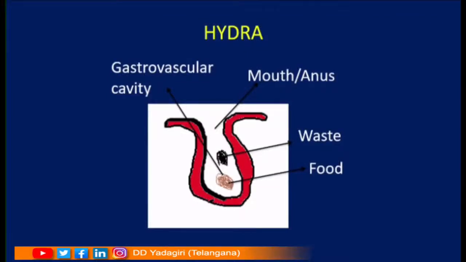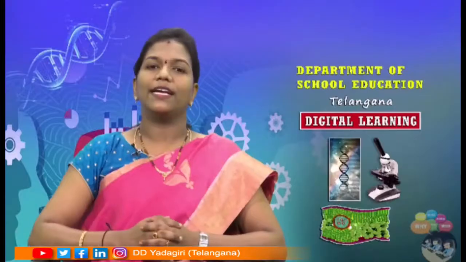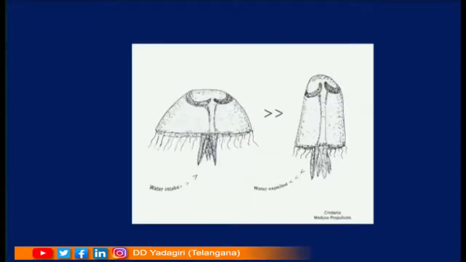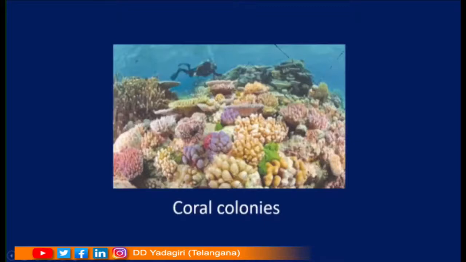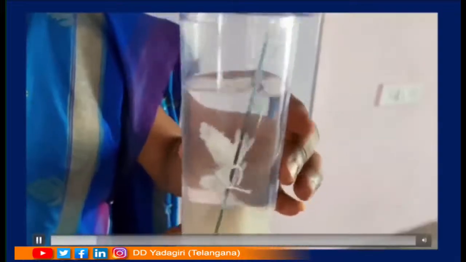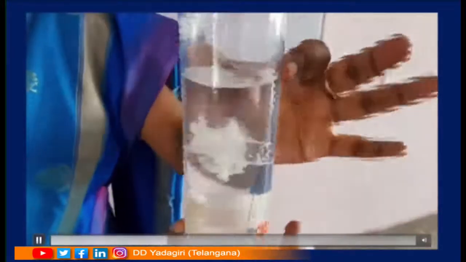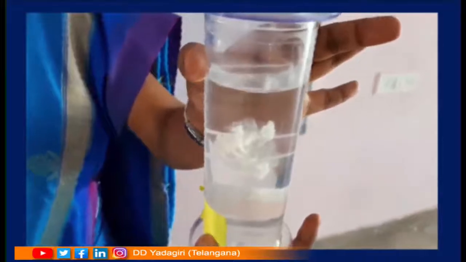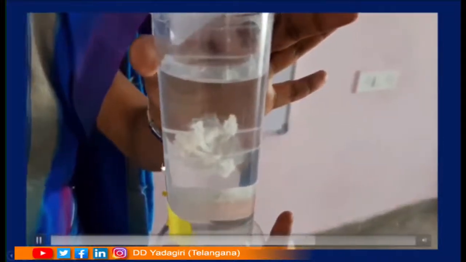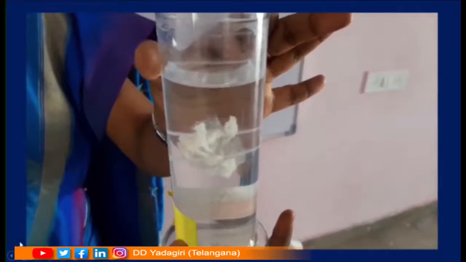So, this coelenterate has a specific gastrovascular cavity through which the food and the waste materials are getting in and getting out. So, you can see, children, here the Aurelia, isn't it, the umbrella shaped structure. In Aurelia, the water is taken in and the water is expelled. So, this has a gastrovascular cavity. You can see the coral colonies, they are living in colonies. The umbrella shaped structure, now these are the tentacles. These contain cnidoblasts, those sting-like structures which will kill the prey.